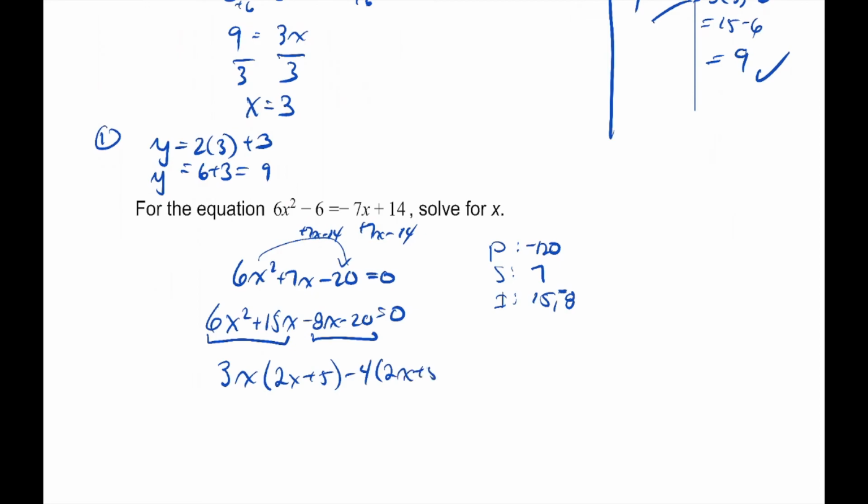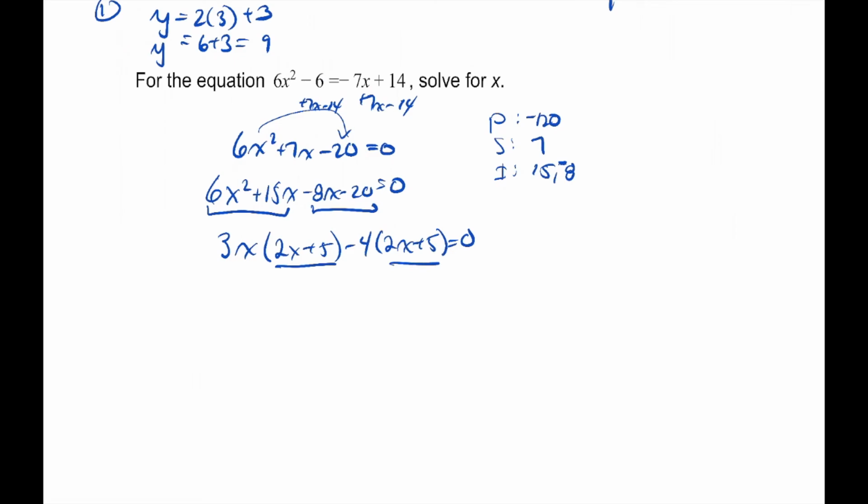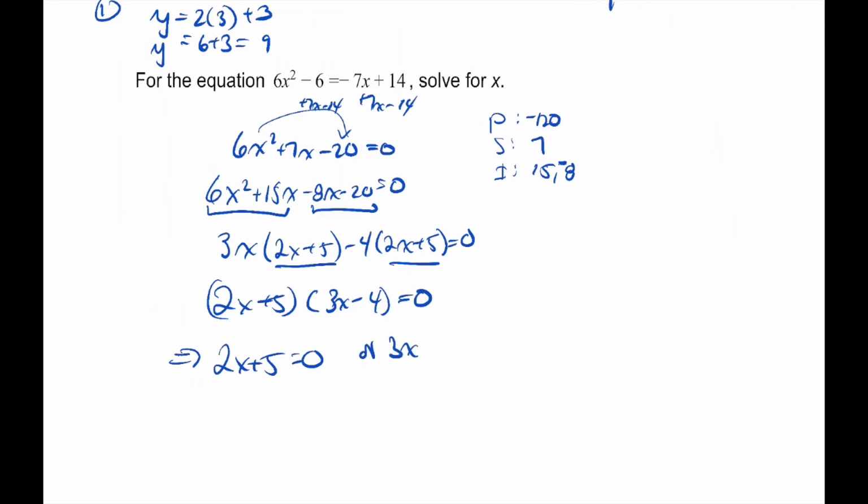2x plus 5, and that's equal to 0. And now I have a common factor of 2x plus 5. So really I'll pull that out, and then I'm left with 3x minus 4. That's equal to 0. So that implies that 2x plus 5 is equal to 0, or 3x minus 4 is